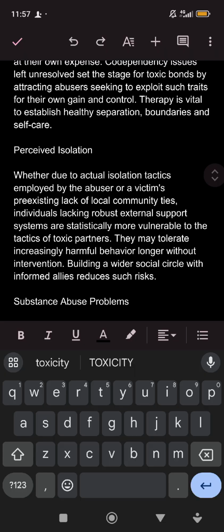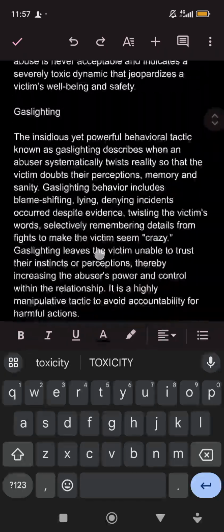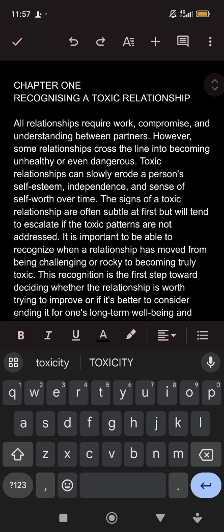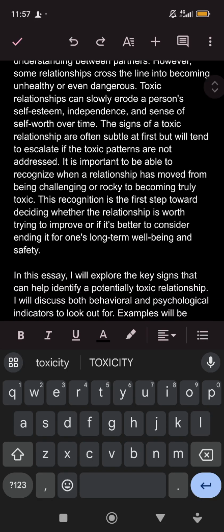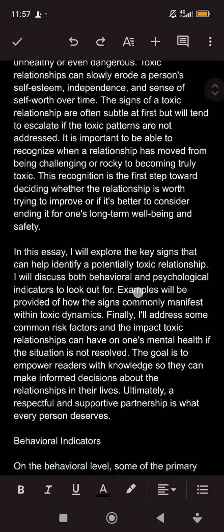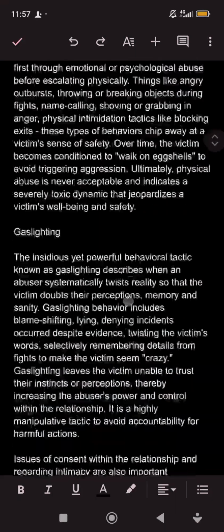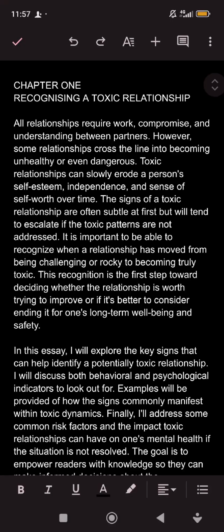Okay? So I don't want to continue with chapter 3, because it's still the same thing I'll be doing. Now that I'm done with this, what next do I need to do? So let me just assume that the book is complete. Now, in Amazon, you don't want to just publish your book like this. What next do I have to do? I want to paraphrase. This is a very important area. I want to paraphrase chapter 1, chapter 2, till the last chapter. So what you will do, you need to paraphrase it.